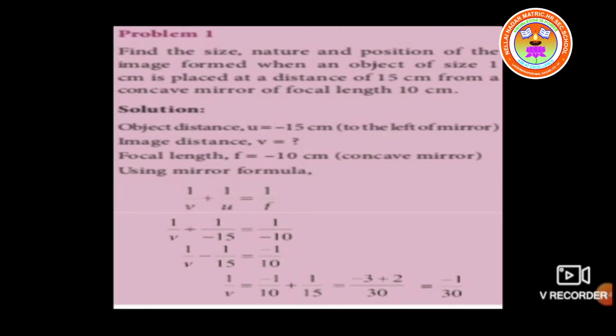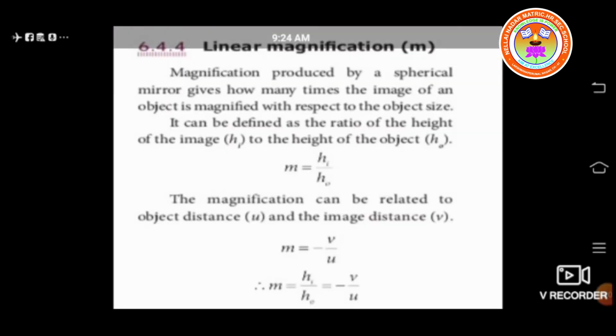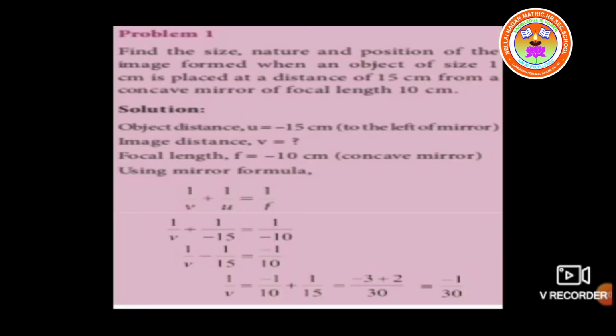centimeter. So using the mirror formula we can take 1 divided by f is equal to 1 divided by u plus 1 divided by v. Here you know the value of u, we need to find the value of v. So directly you can substitute. Otherwise you can use another formula, 1 divided by v is equal to 1 divided by f minus 1 divided by u. Okay, so here according to our book we can write 1 divided by v plus, already you know the value of u, it is substituted in this equation.